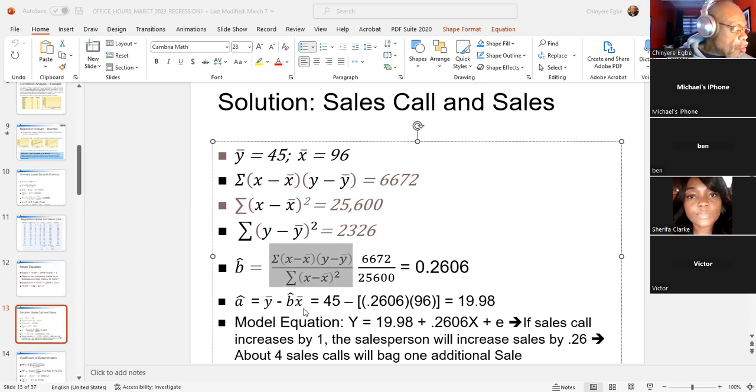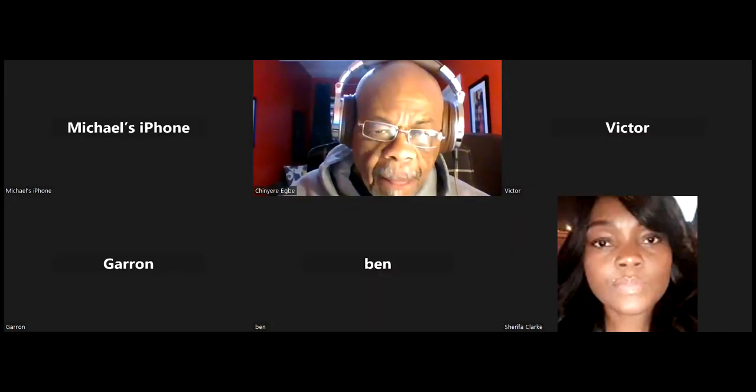All right. And so the question then is, how do you get these numbers? Okay. You already see the formula for getting B hat. What is x bar? X bar is the mean of x. Y bar is the mean of y. And so write down the formulas and we're going to proceed. And then we're going to come back to this particular